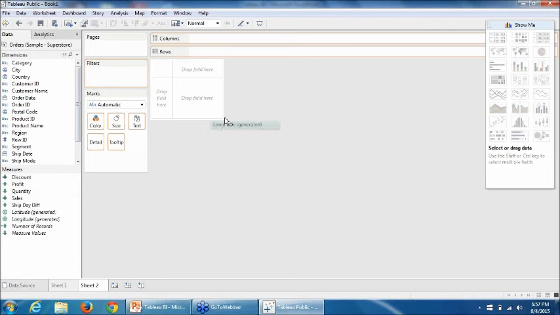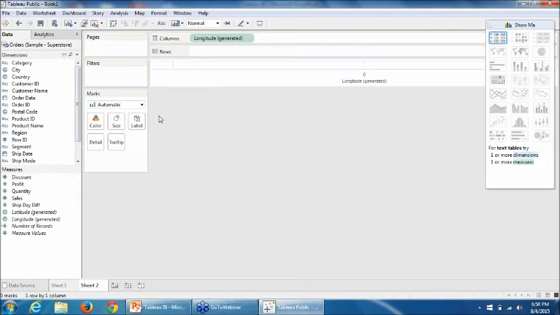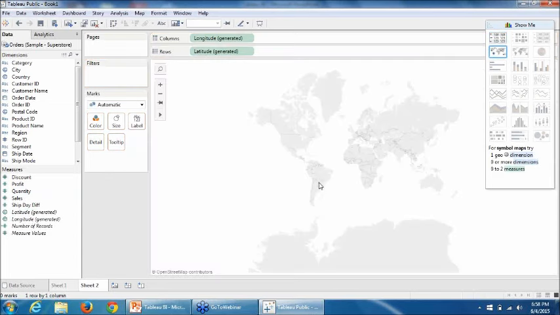So I'm just bringing longitude on the column shelf and latitude on the row shelf. Now I am able to see a map. Now when I double click on city, let's see what I get.